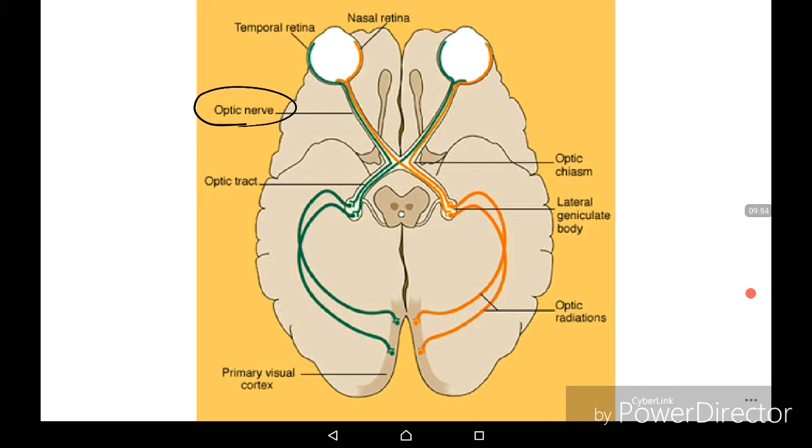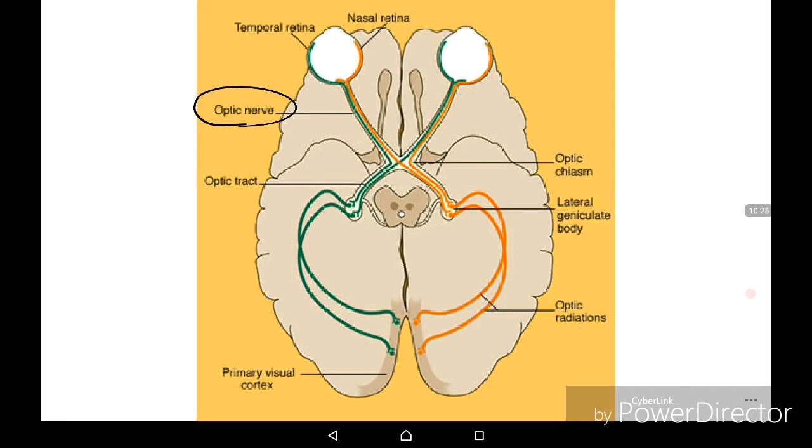It is interesting to mention that the temporal retina is projected to the same hemisphere, and the information from the nasal retina crosses in the optic chiasm